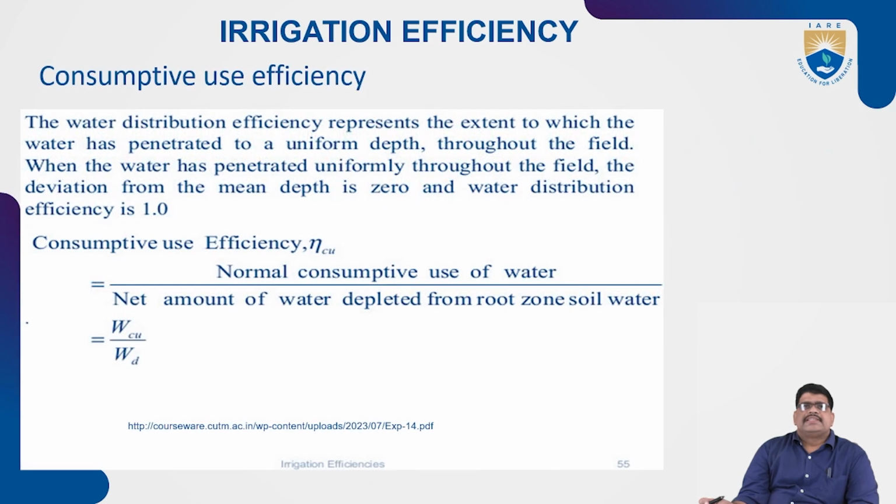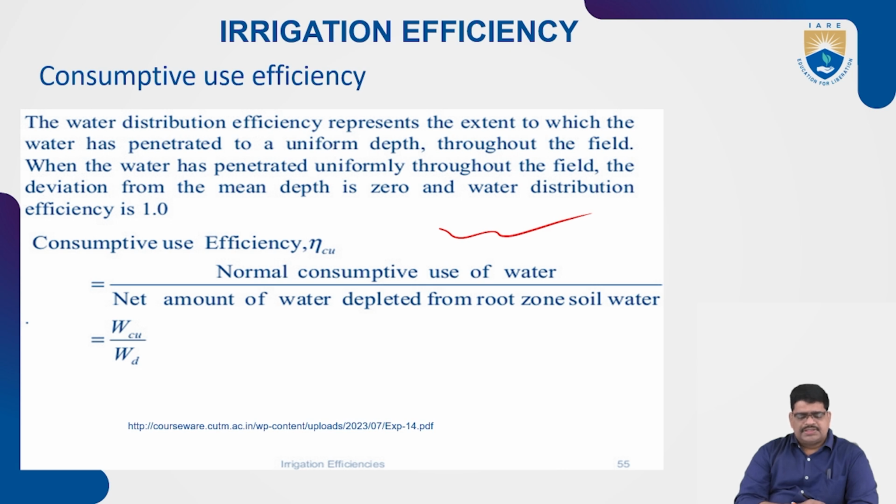Next, the consumptive use efficiency. Here, the water distribution efficiency represents the extent to which water is uniformly distributed in depth throughout the field. The water can be penetrated uniformly throughout the field, and also delivered from the mean depth of zero, and also the distribution efficiency is one. So let us see the discussion about the consumptive use of